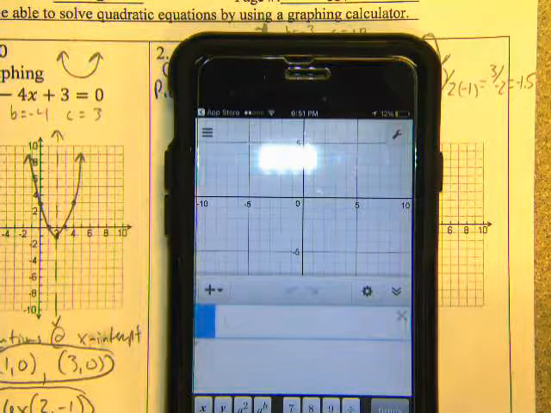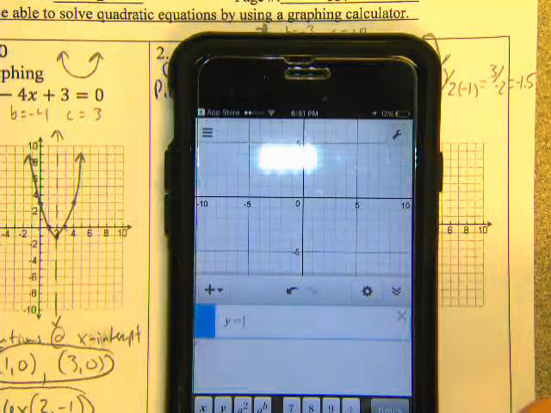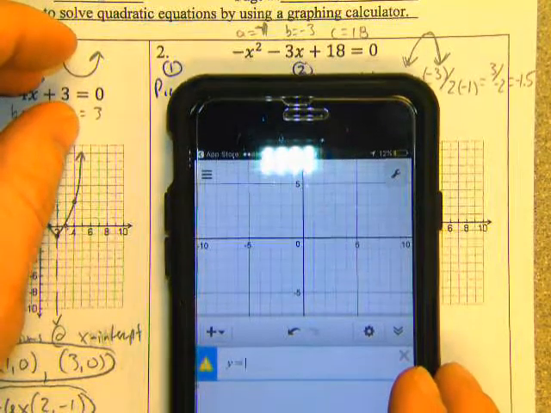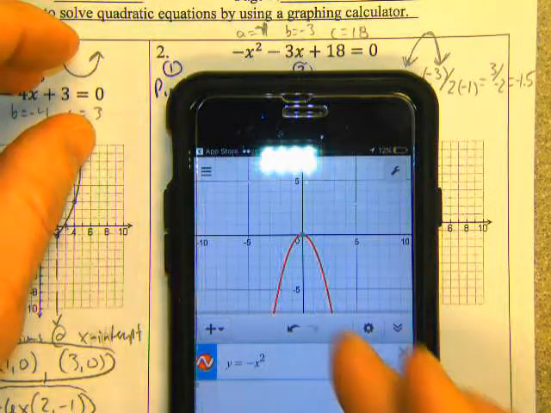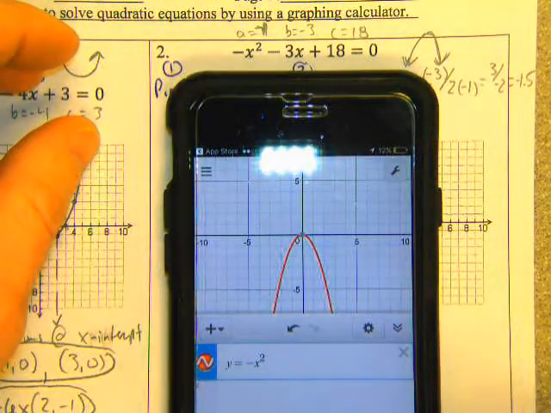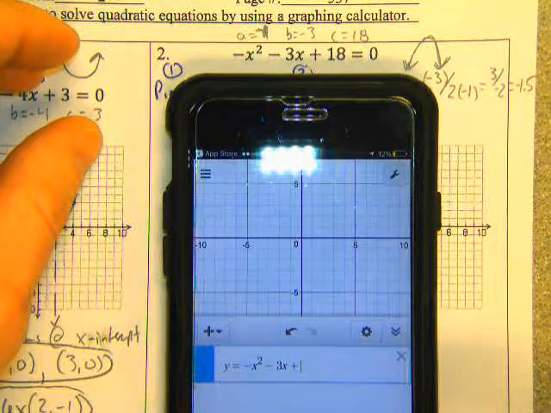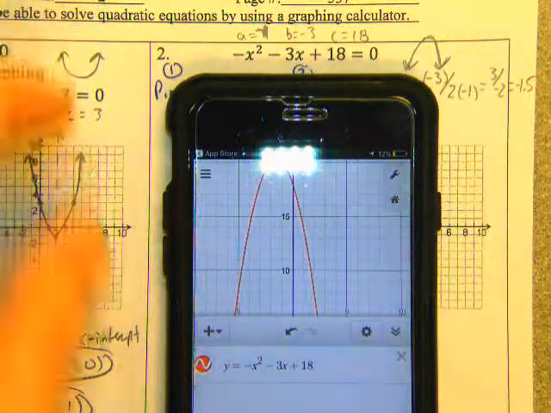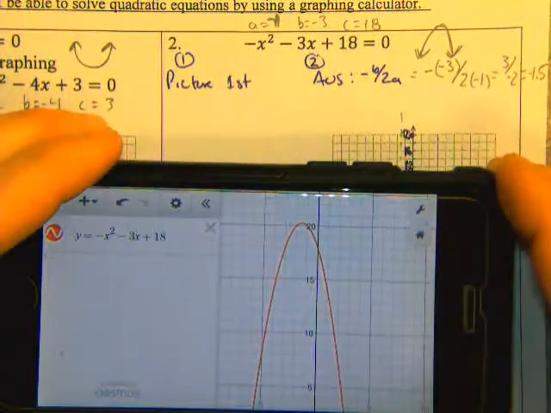When you do this, it will help us get a picture. Okay, so you just plug in y equals the equation, whatever we got up here. Y is going to equal negative x squared, and it fills in as we go. Yeah, negative x squared should be down, minus 3x plus 18. And it gives me a picture comparable to what I imagine, and I'll turn it this way,